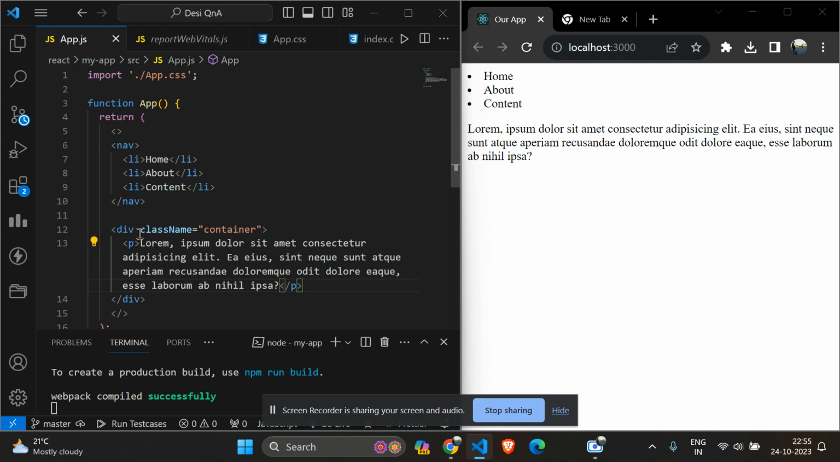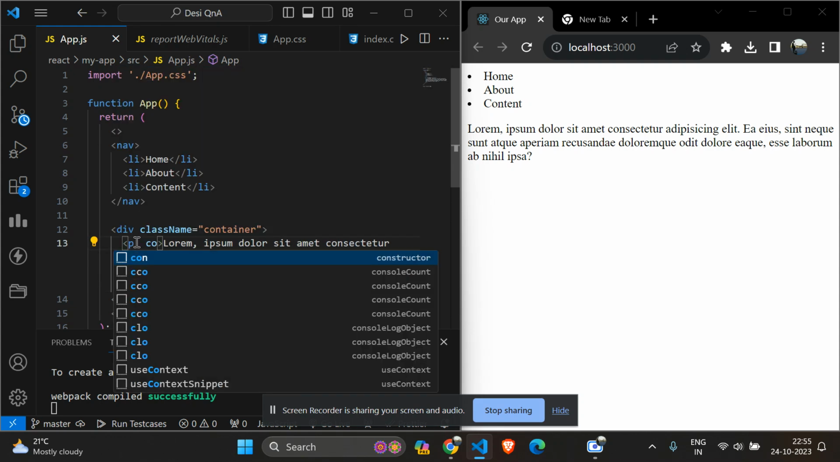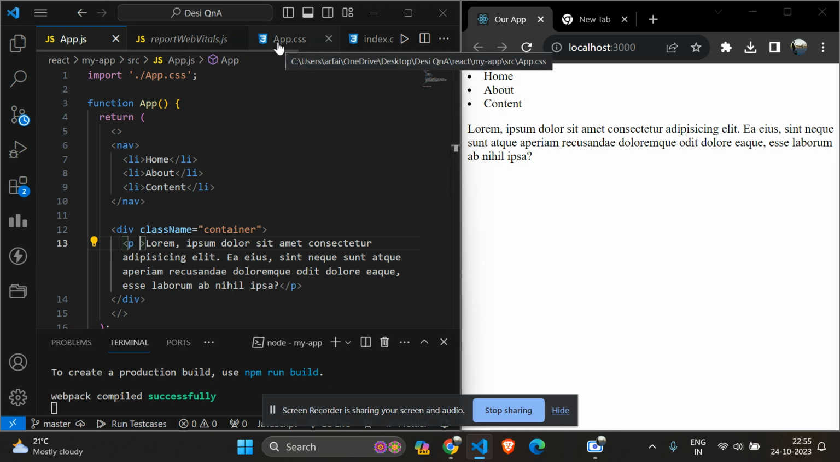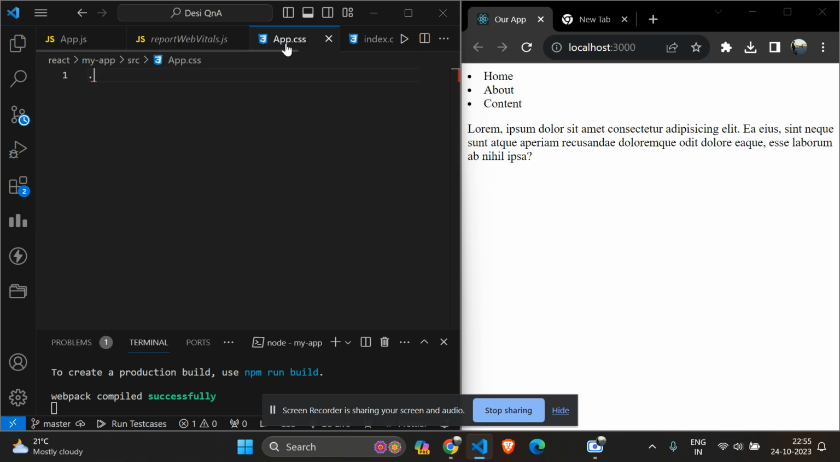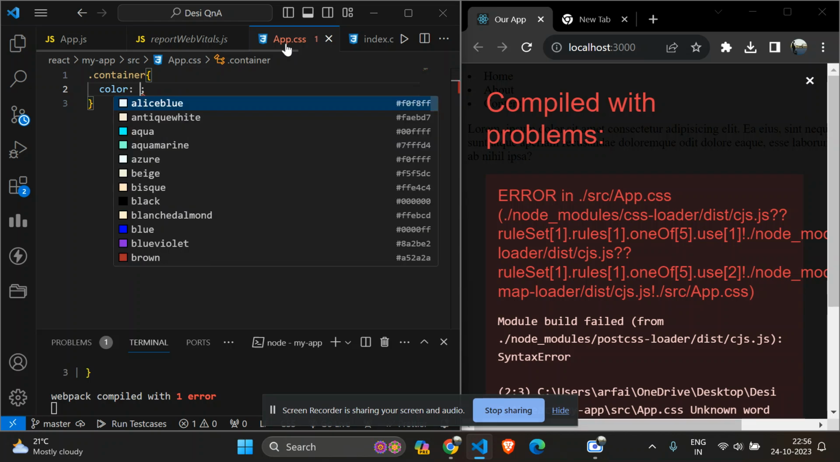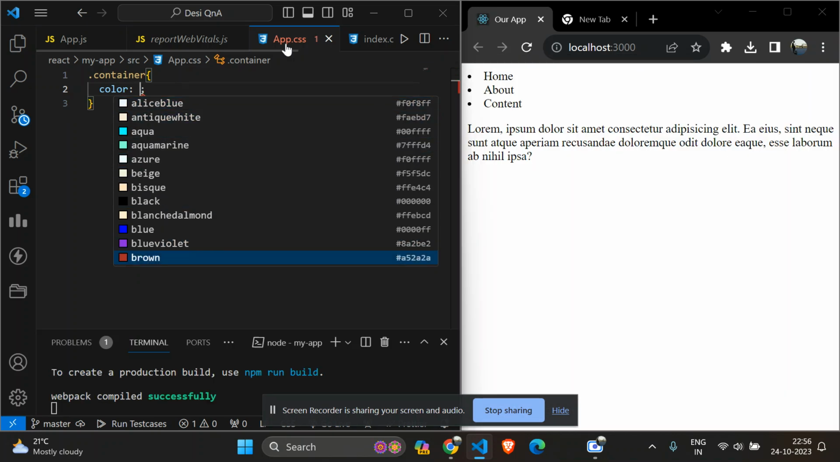Okay, so after this, let's say you want to give some color. Let's not give it over here. You can create your css file. Yeah, we have imported the css file, right? So for our container, let me give some styling for my container. What styling I want to give is, let me give it some